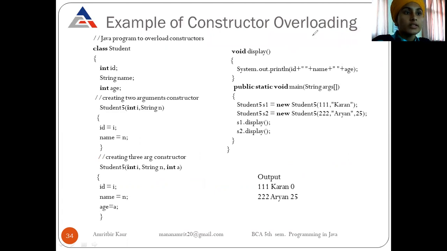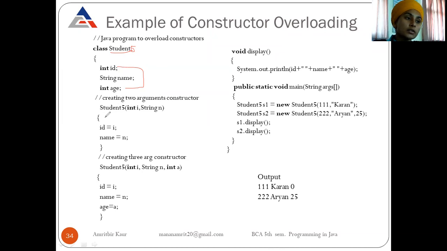So we will continue our same example we saw in the parameterized constructor, but there is only one change: there is more than one constructor. Firstly, let me correct our class name, Student5, because it was missed. Here our class name is Student5, in which we have 3 fields: ID of integer type, name of string type, and age of integer type. Here we are creating 2 constructors. You can create 3 constructors as per your requirement.